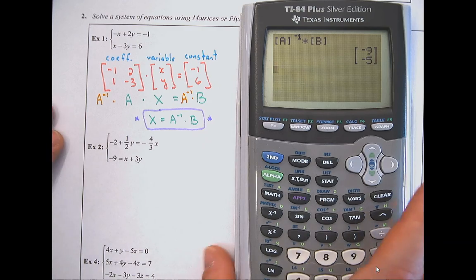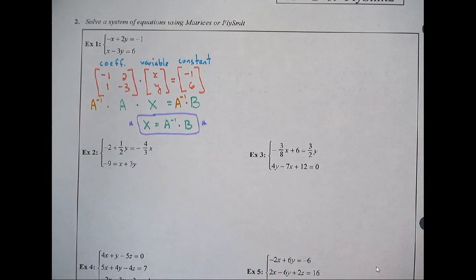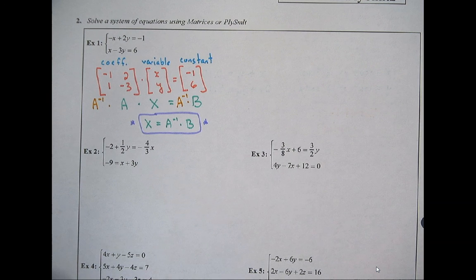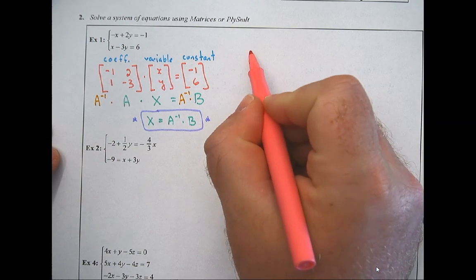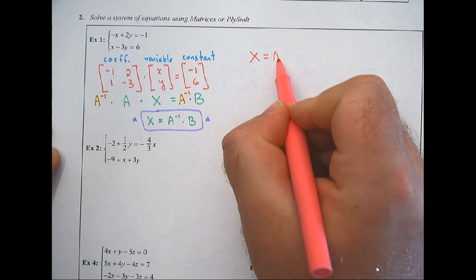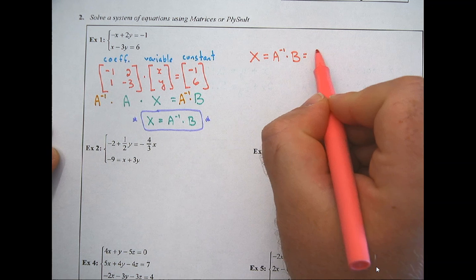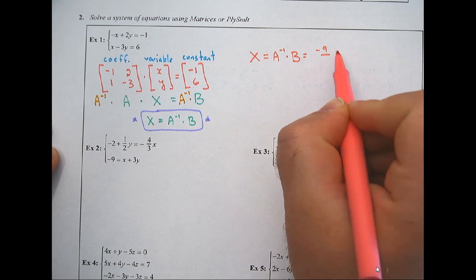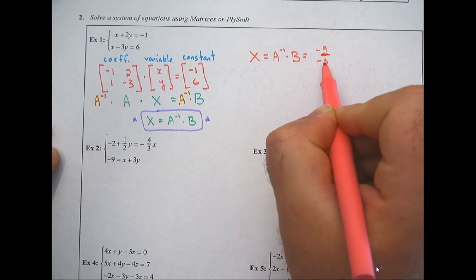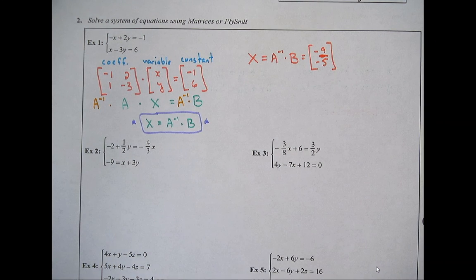What that means then, so let me go back and remember what that is. That's going to take, what color was I using? So if I went back to this equation over here, this was X equals A inverse times B, and we got negative 9. That shouldn't be there. Negative 9, negative 5. Well, negative 9, negative 5,